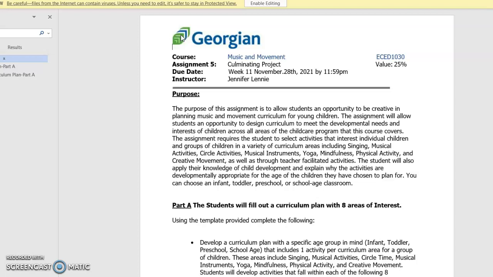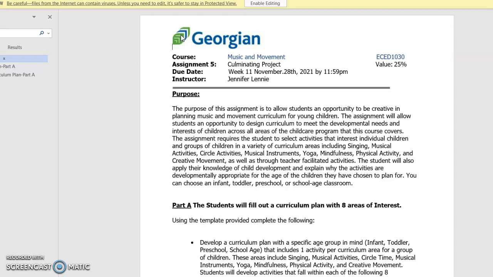So this assignment requires the student to select activities that interest individual children, so just single children, and or groups of children in a variety of curriculum areas, including singing, musical activities, circle activities, musical instruments, yoga, mindfulness, physical activity, and creative movement through teacher-facilitated activities that you come up with on your own.